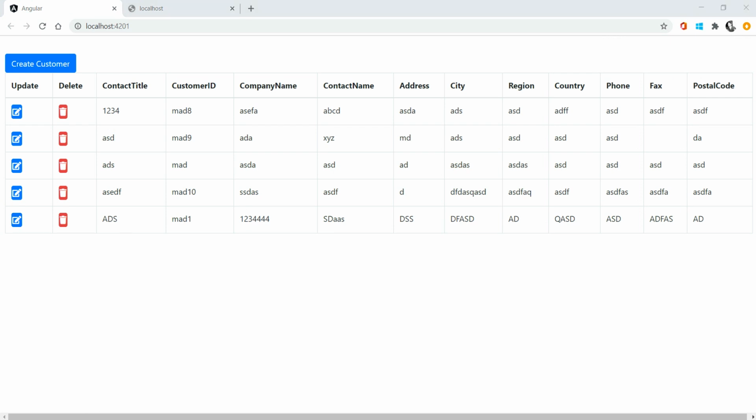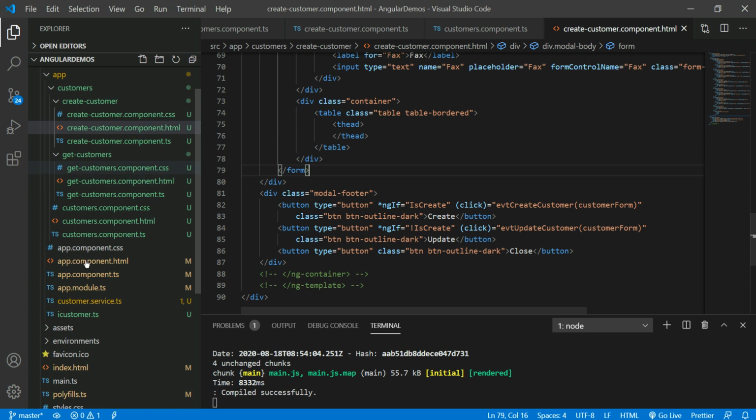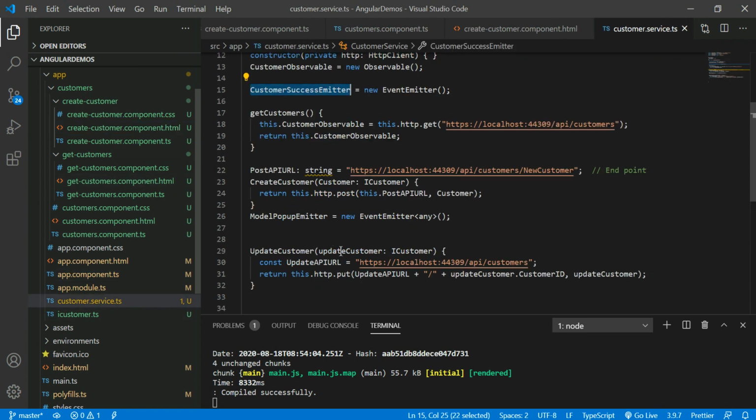So we have to focus on how to update the record in this place. When you are working on real-time projects, don't worry about this URL. Your teammate will give this URL to you. Here I am using the update customer.